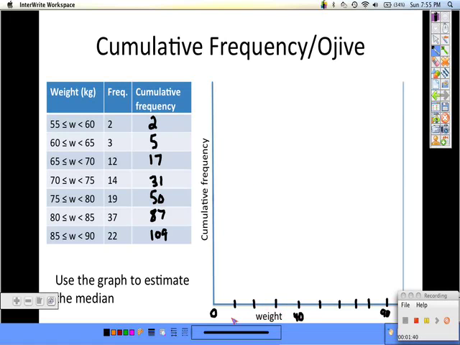I know my scale isn't perfect here, but each mark would represent 10. And then I'm going to need to go up to 109 at the top value. So I'll call this 50,